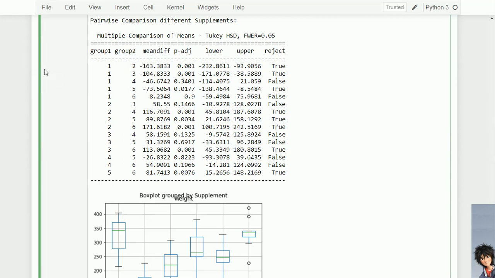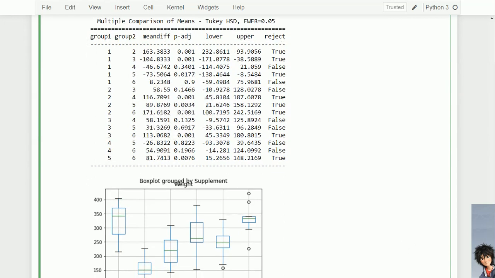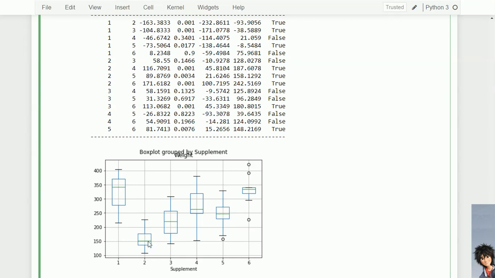We can observe that groups 1 and 2 differ significantly. You can observe it from the box plot also. Groups 1 and 3 differ significantly, but for 1 and 4 there is a scope. Similarly for the other treatments.